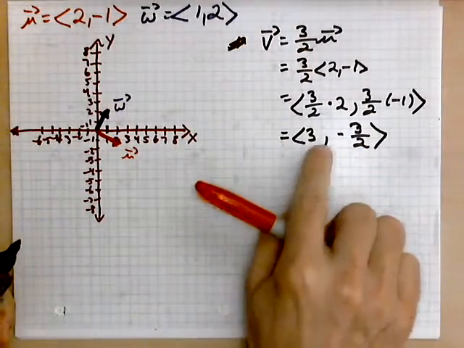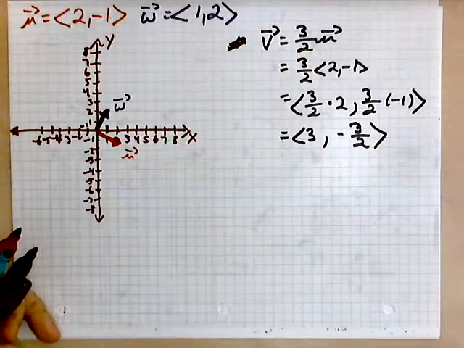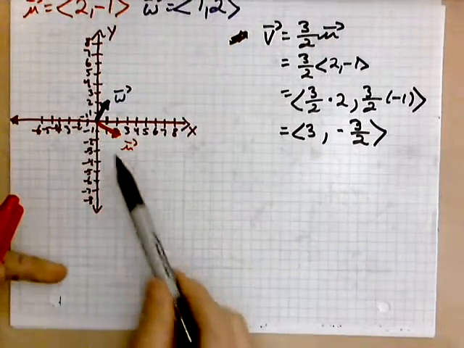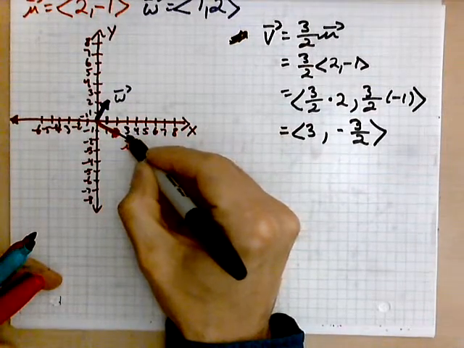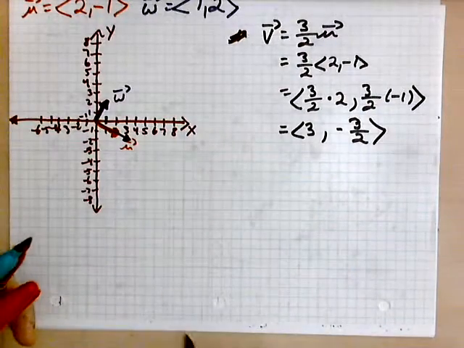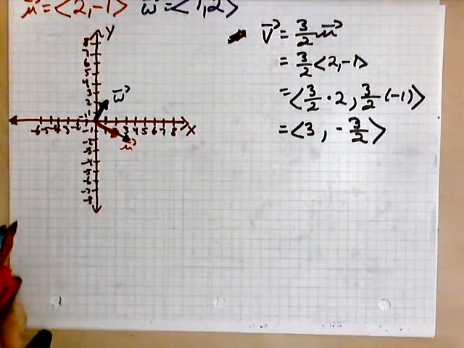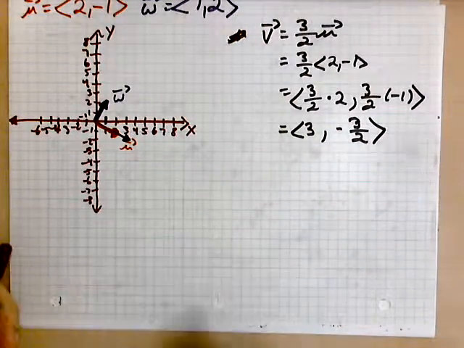This one here, 3/2 means 150% of. So it still lies along the same line as the red one, but it's bigger like this. That's 3/2 of u. All right, let's take a look at another combination here, and the next one is V